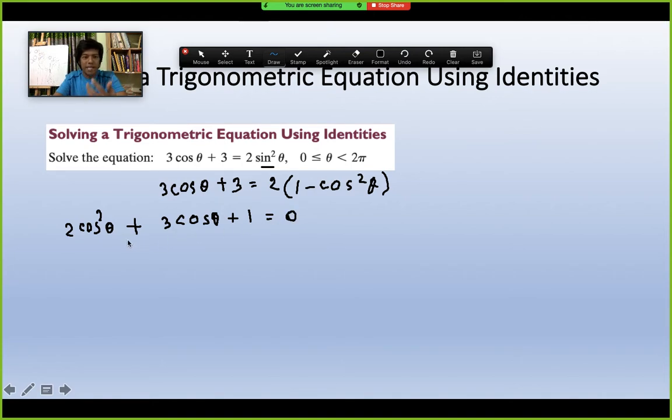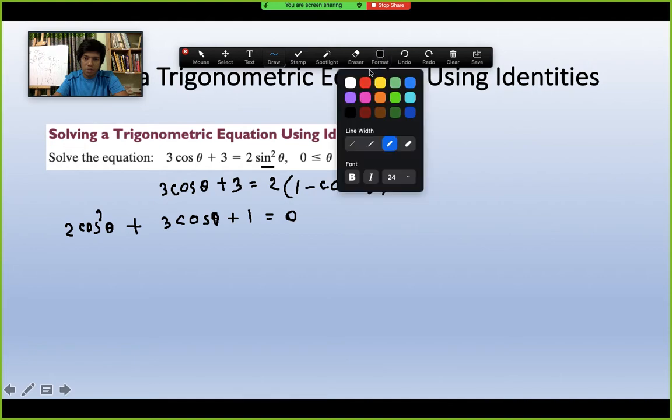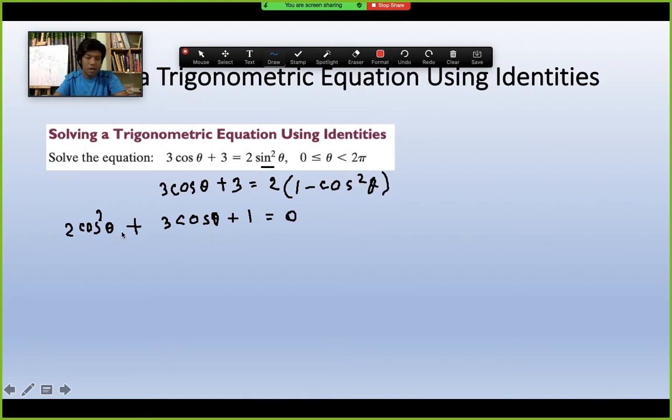Now you see this is a nice little formula kind of thing that we can solve by keeping cos, or we can just consider cos theta equals x. If we consider cos theta equals x, then also it is solvable. But you can keep cos squared theta as it is. Suppose cos theta means x, then cos squared theta is simply x squared. So 2x squared plus 3 times cos, where we are supposing that cos theta means x. Why are we supposing it? Is it necessary? It is not necessary. We are supposing it because then it looks like simple maths, a simple quadratic thing, and it is very easy to